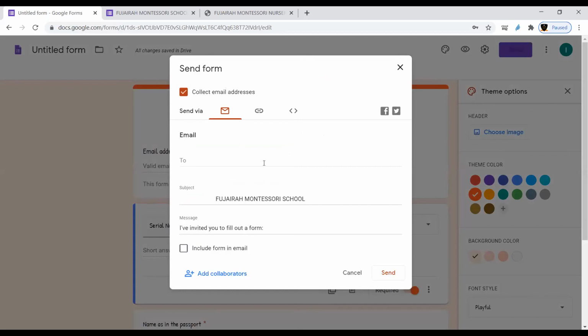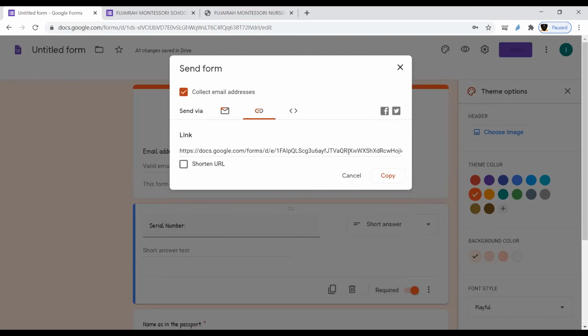So you can directly email from here by writing the email of that person. But if you don't want to send the email individually, then you have to generate the common link. You can find 3 options are there, send via email, and then this is the option for the link. Once you go for this link option, it will show you the link.